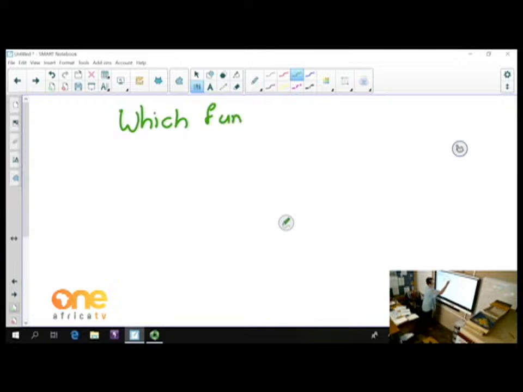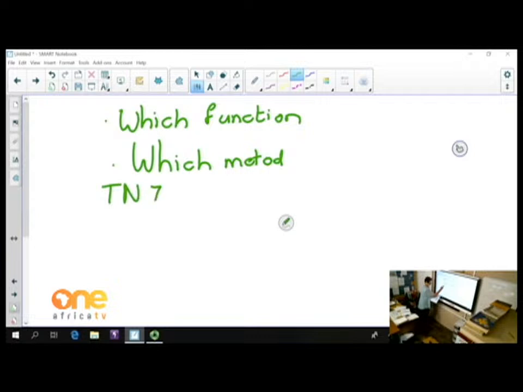Which function? And then the second question that we're going to ask is which method? Which method are we using here? Those are the 2 questions that we're going to repeat every time. Okay, so we look now at Try Now 7 on page